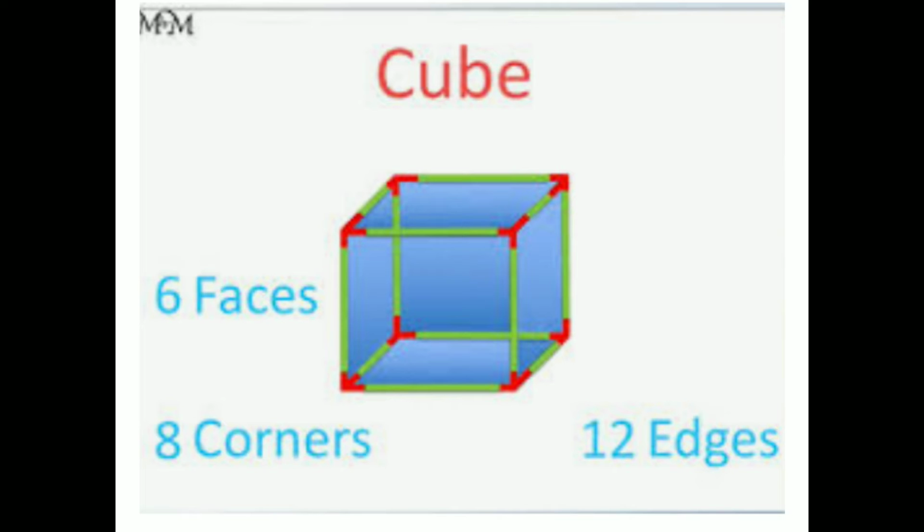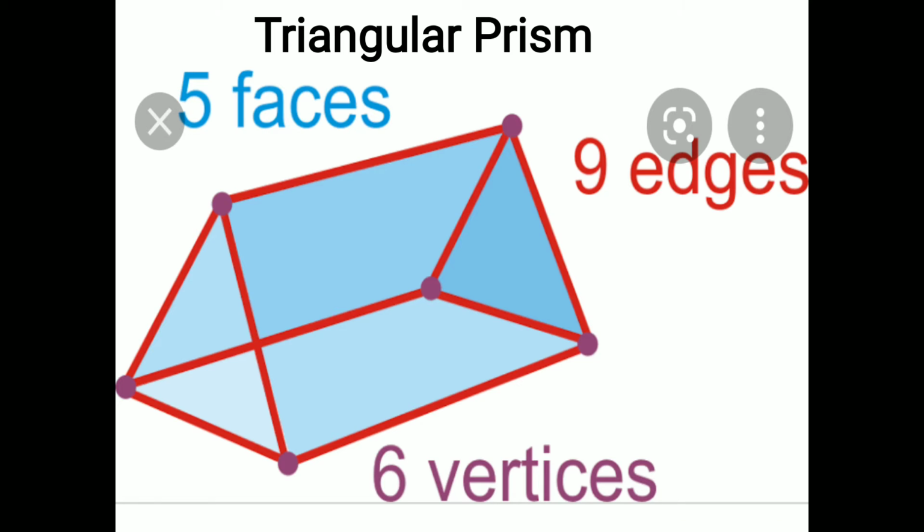Then what is the difference between these? In cuboid, you have a rectangular shape, meaning when you combine 6 rectangular shapes, you will get a cuboid. But in cube, you have to combine 6 square sheets. Clear? Because in cube, all the sides are equal. But in cuboid, the length, breadth and height are different. Clear?